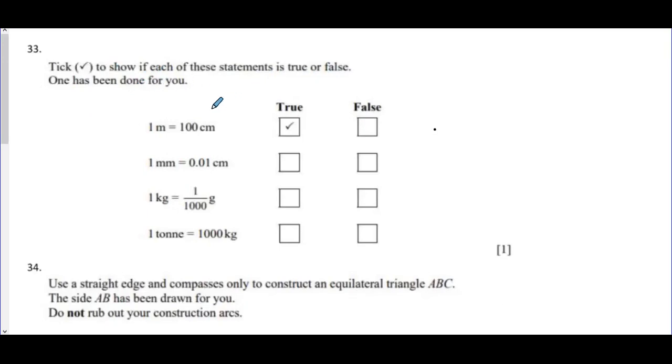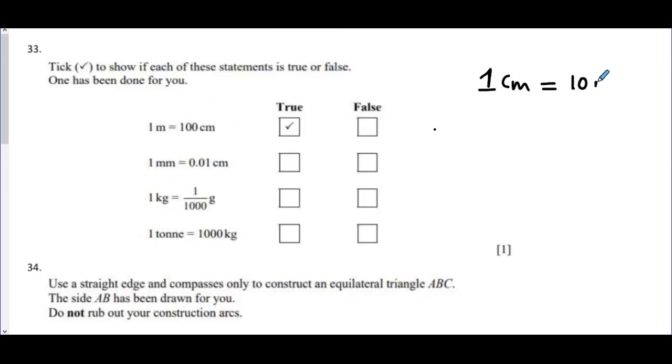One has been done for you. 1 meter equals 100 centimeters. That is true from King Henry Daughter. 1 millimeter equals 0.01 centimeter. Let's try to check. 1 millimeter. Sorry, 1 centimeter